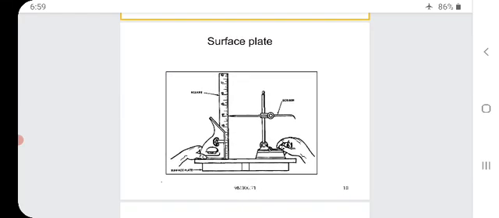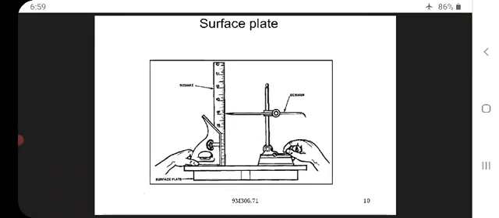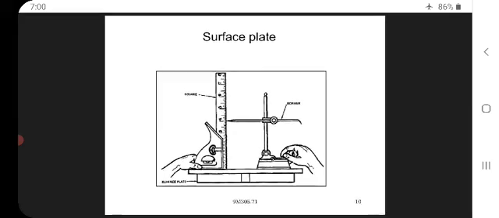With the help of a universal bevel gauge and the angle gauge, we are using the surface plate. With the help of both, we are measuring the height of a particular object which is already compared with the help of a bevel gauge.